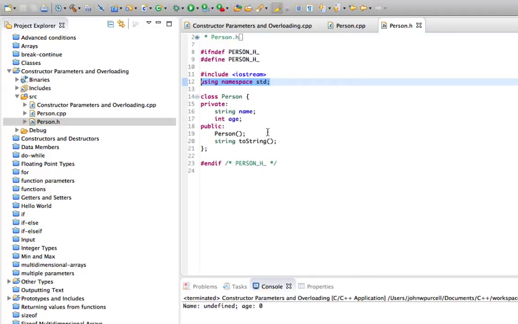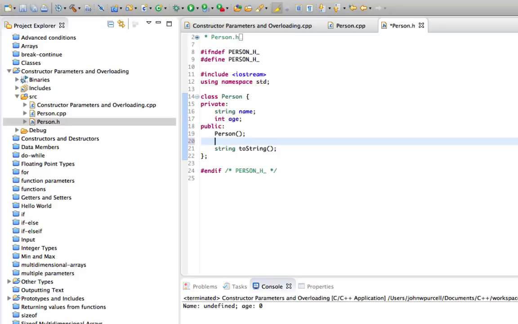Let's go to person.h, and in here let's create one new constructor. So Person, and I'm going to say that the constructor takes parameters. Let's start off with just the name, so string name. Now, you can actually implement constructors exactly here. In fact, you can do that with any method. This is called an inline implementation, where you just define the implementation of your method directly here, where you already declare the prototype. So let's put opening and closing curly brackets here, and I'll call this newName, actually,